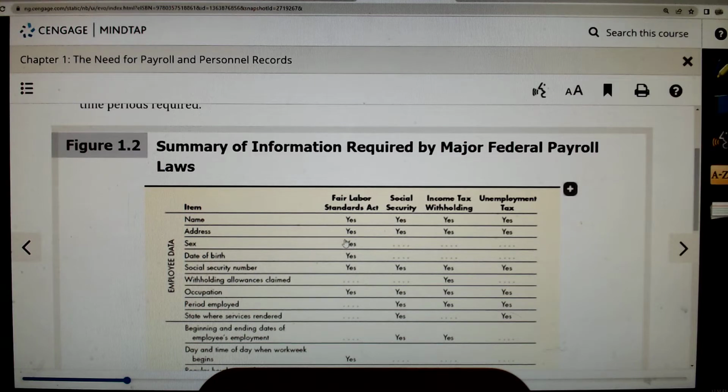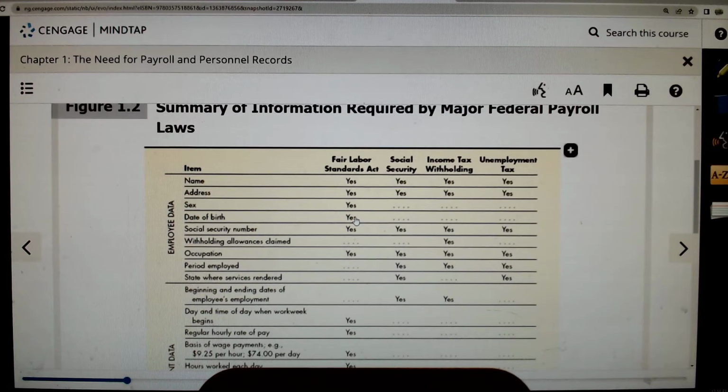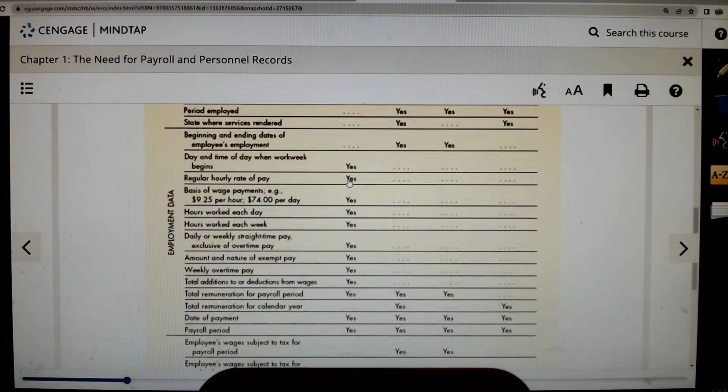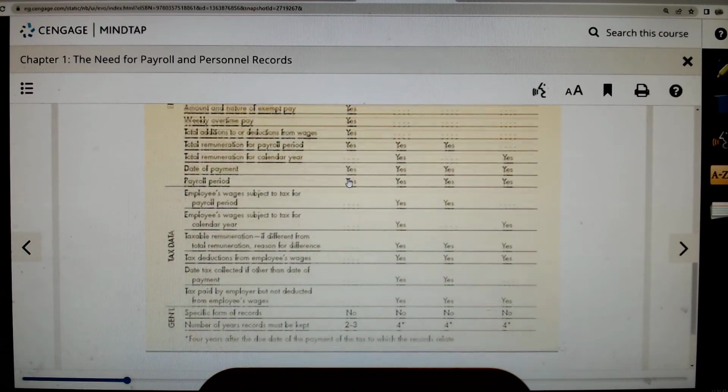Only one requires us to make sure that we know what the gender was of each employee. That's the Fair Labor Standards Act, because that's the one that requires us to be able to support wage differentials between different genders doing the same job. Date of birth is needed for the Fair Labor Standards Act. But you can see down here, it's generally the Fair Labor Standards Act, the one that requires, I think, probably